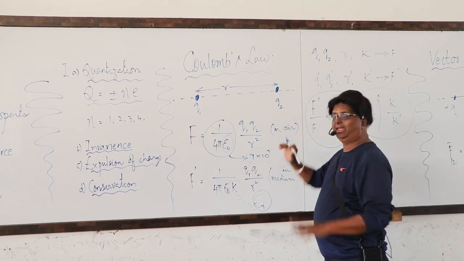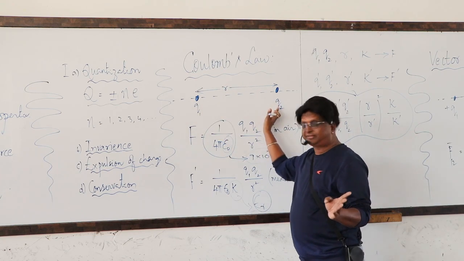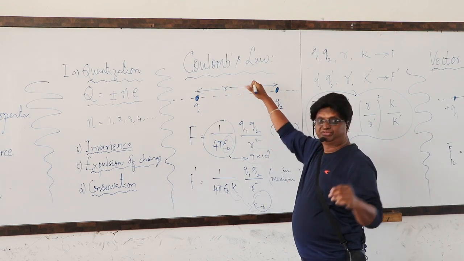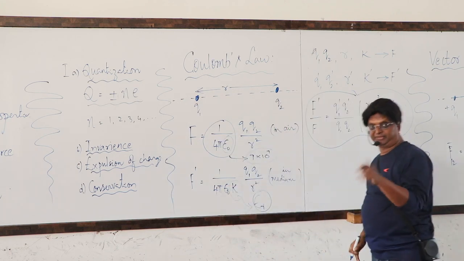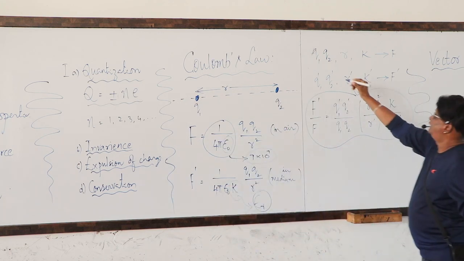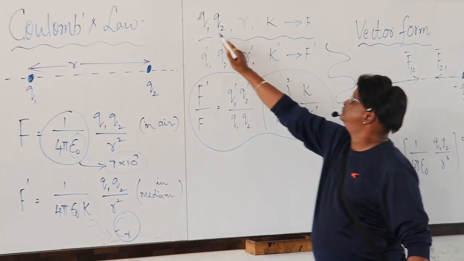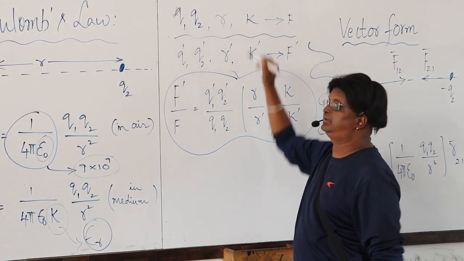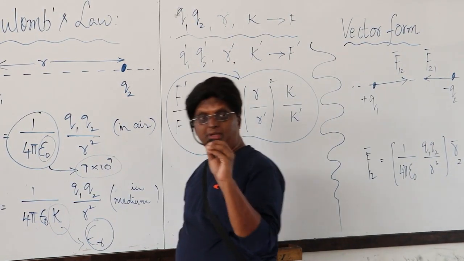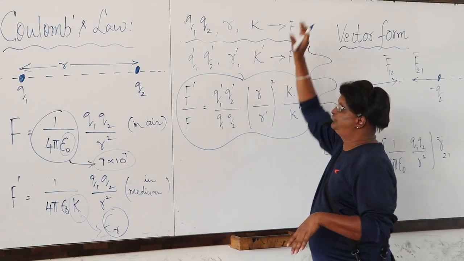You see here, any of them can be changed, I have told you. Either the charge, change in the distance, change in the medium, consequently a change in the force. And this is what I have represented over here. Hope all of you can see Q1, Q2, the initial charges, separation R and K is the initial constant of the initial medium, and in this case let the force be F.